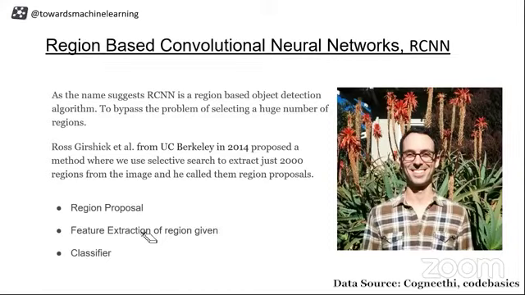For that, he used convolutional neural networks, because in 2012 we had AlexNet, right? AlexNet became famous. So he took these things together and built something known as RCNN. And at the end, you have a classifier. This classifier is an SVM. In the classical computer vision approach, we have seen that they are using SVMs, and this guy also started using SVM there.